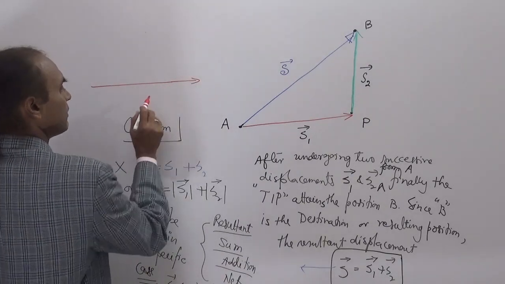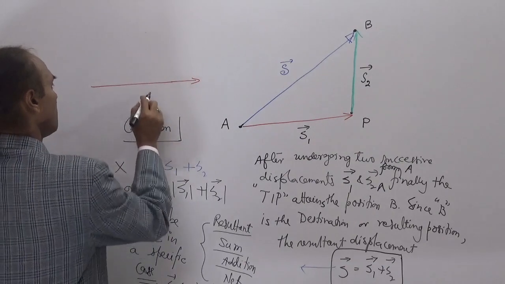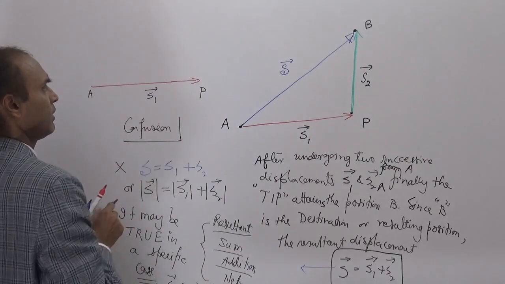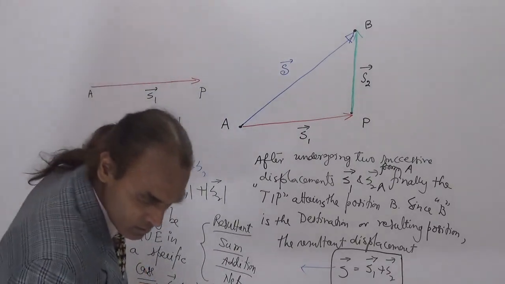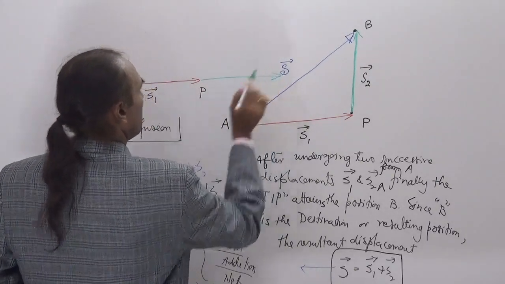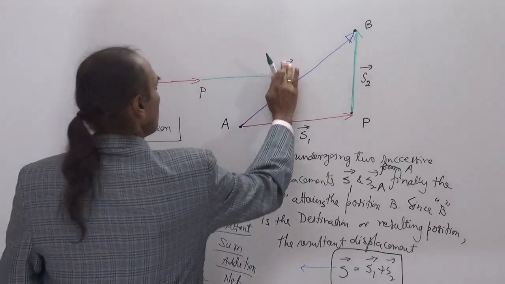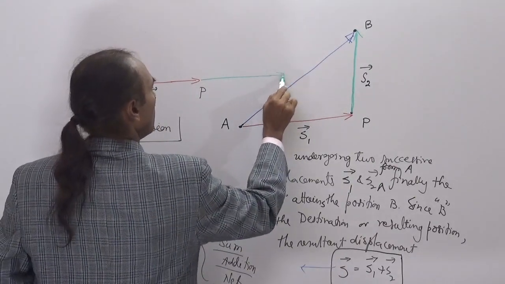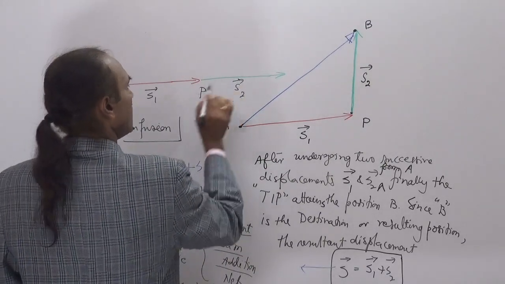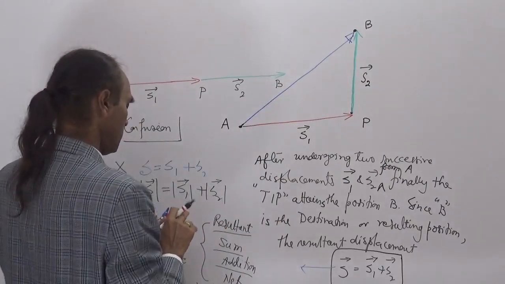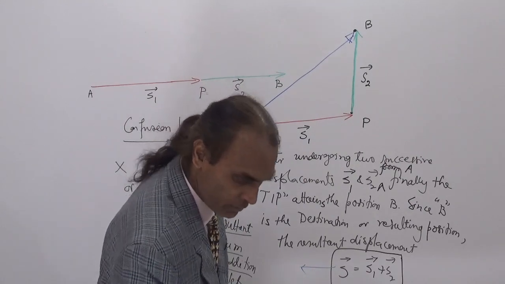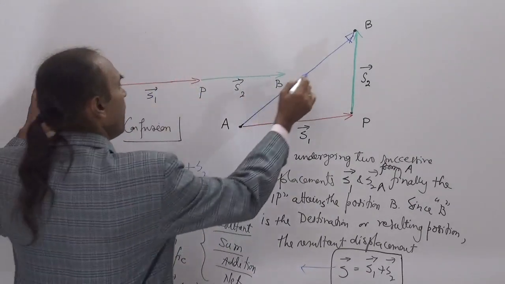This is S1. This is A, P, and this is S2, P, B. Then the resulting displacement can be given by